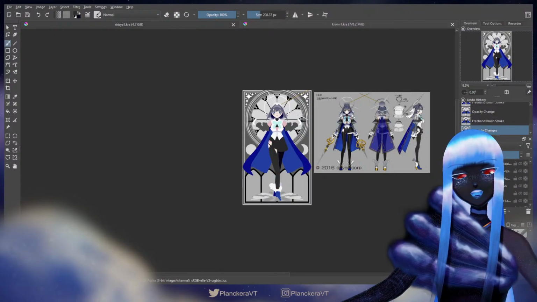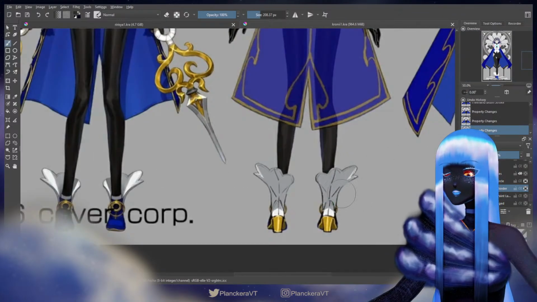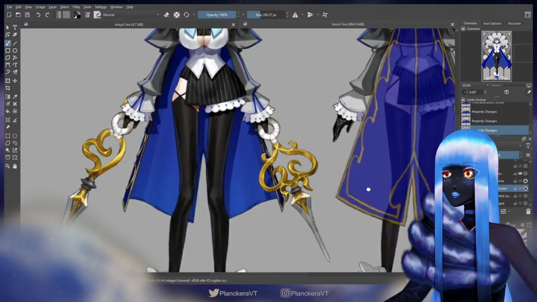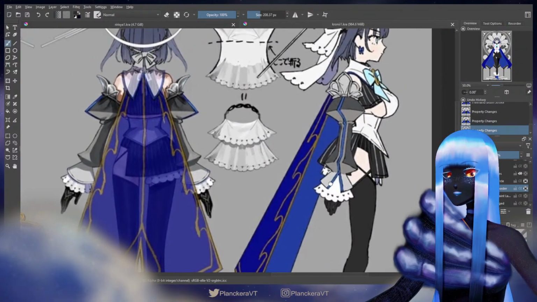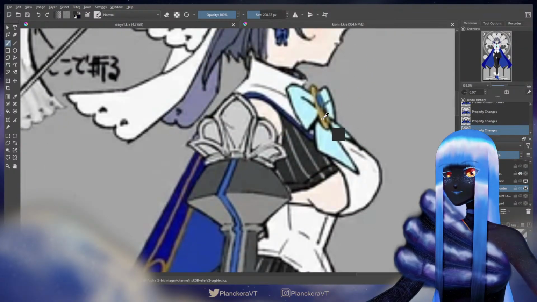So let's try some colors. Okay, so I'm gonna just steal a golden color from somewhere on here. What do I think is an accurate representation here? Oh, perfect. Right there.